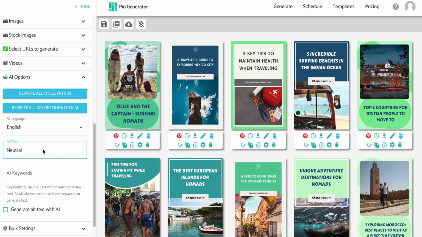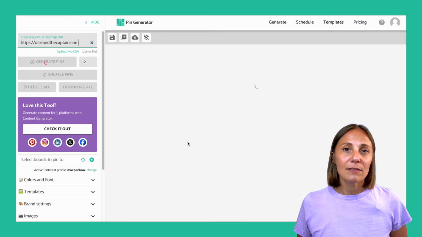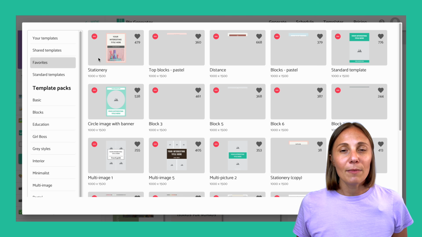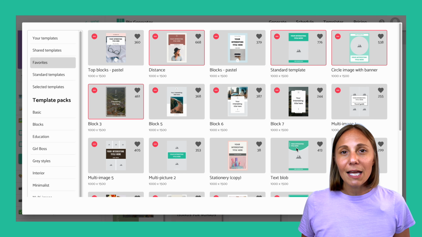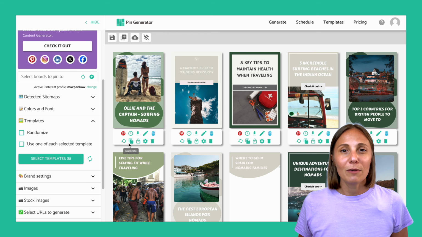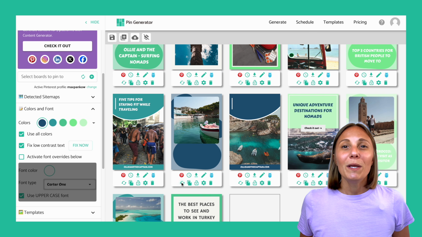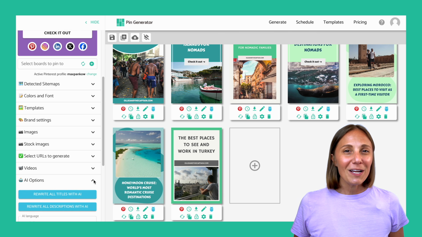Both of these steps can be done with AI in one of my favorite tools, Pin Generator. It scans your blog, shop, or product page and instantly builds a full set of branded pins. You can save your favorite templates, and from there, you can edit or regenerate key elements, such as swapping in new headlines, updated descriptions, or fresh images so every pin feels unique and stays in Pinterest's good graces. We can even go one step further and use AI to automate the entire process, which leads us to the